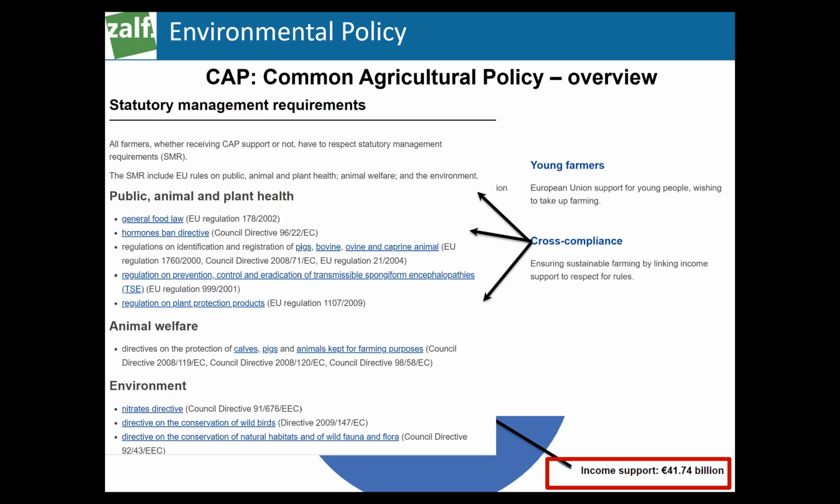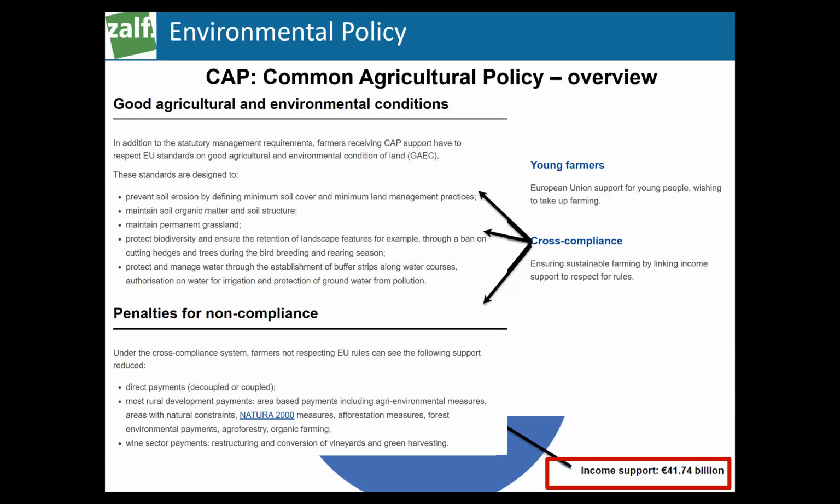And the environmental issues. This means the nitrate directive: the binding commitment is, if you keep a certain concentration of nitrate in the water, if you're below the threshold, then you also receive the other payments. If not, you have a problem. Then the directive on the conservation of wild birds and the Habitat 2000, the directive on the conservation of natural habitats. These are designated areas for certain species in terms of biodiversity. These are cross-compliance rules.